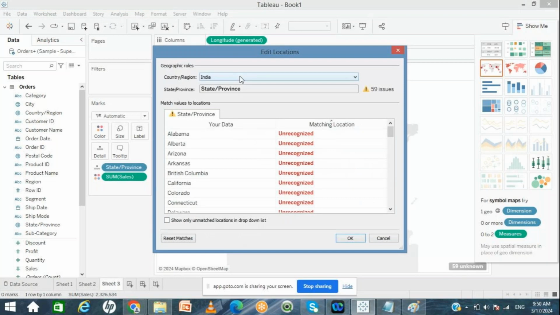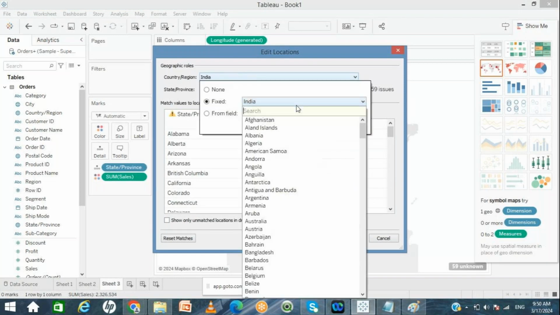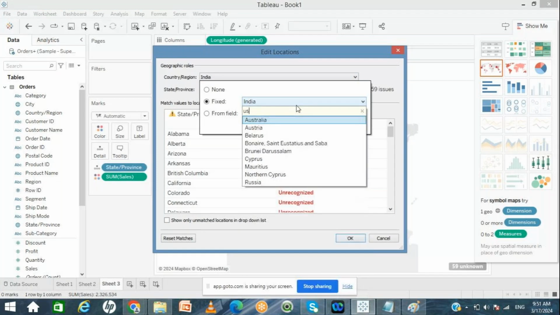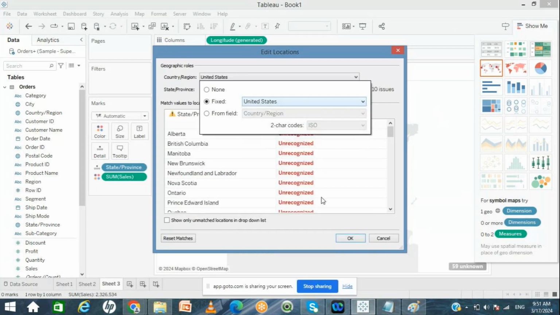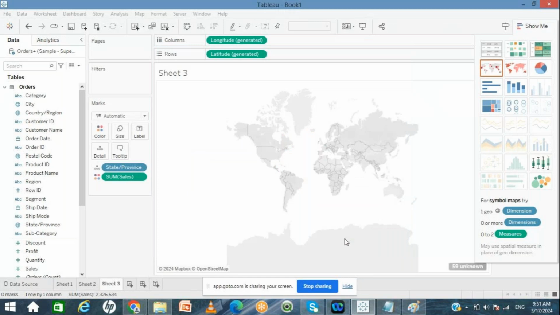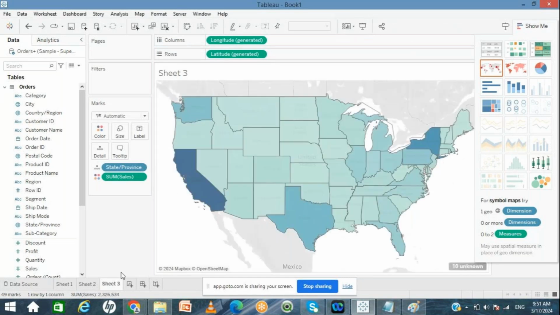So right now I am in India, right? That's why it has taken the India information. But basically the data is for the United States, right? So that's why you need to select the United States. Okay. The next one is,